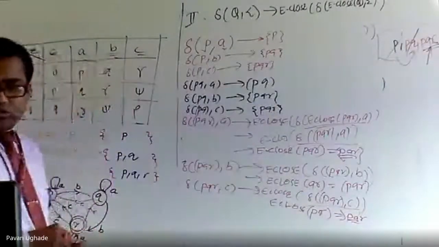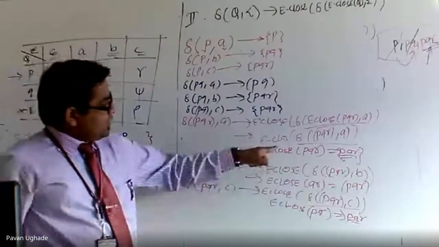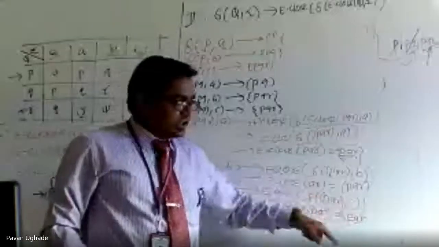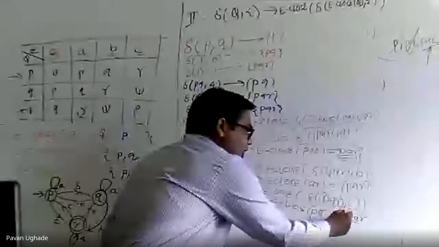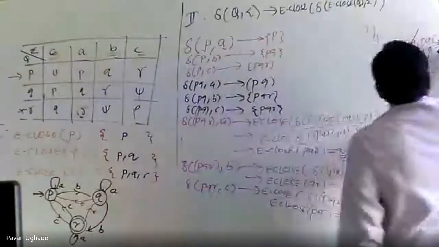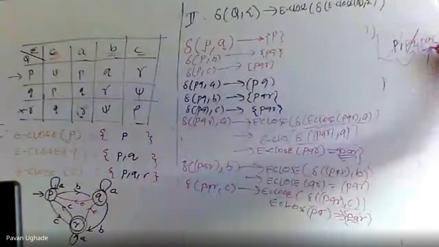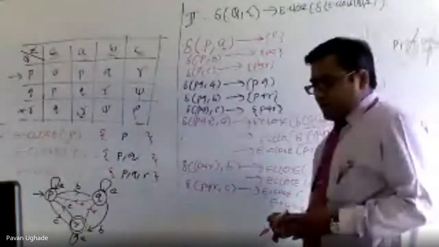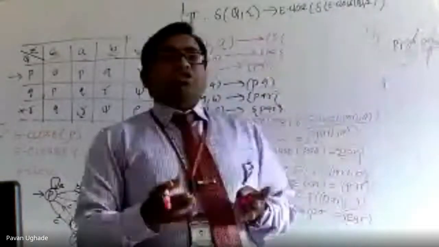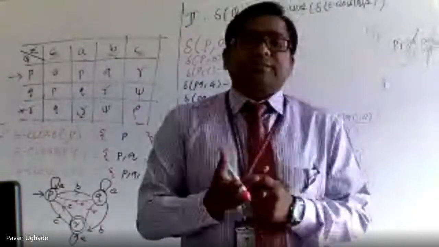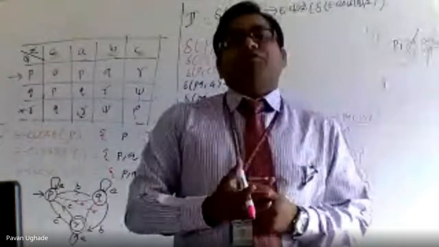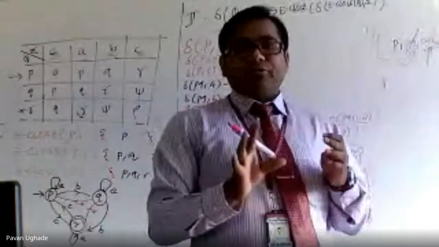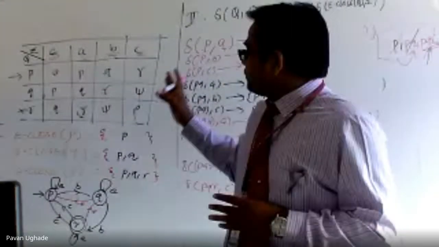So if you see, here also PQR, here also PQR, here also PQR. We did not find any new state and we have successfully processed PQR also. As the queue is empty, it means we have processed all the newly formed states and no more states can be formed now, so we will stop processing further states.